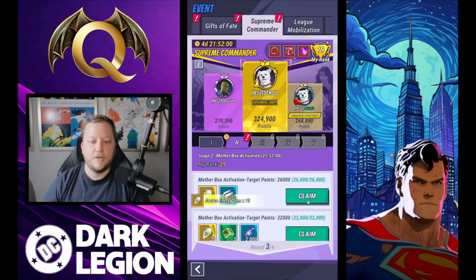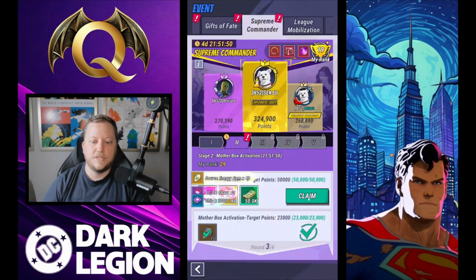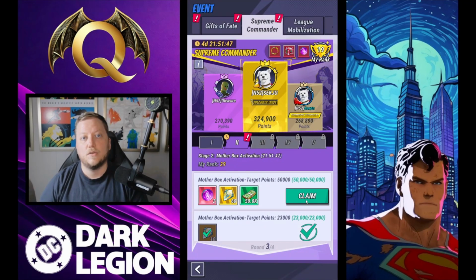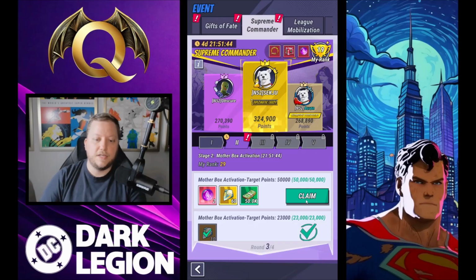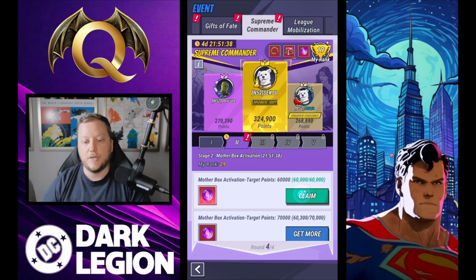At the end of round 3, you get like 2 magic eyes. After that, the 4th round is really for whales or for light spenders to get a few extra magic eyes for each day. You can see just those 2,000 mother box cubes were able to get us to the 50,000 that we needed to clear out the first 3 rounds, and we actually ended up getting a little bit towards